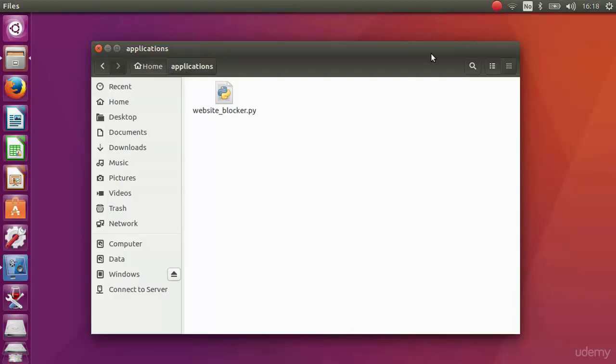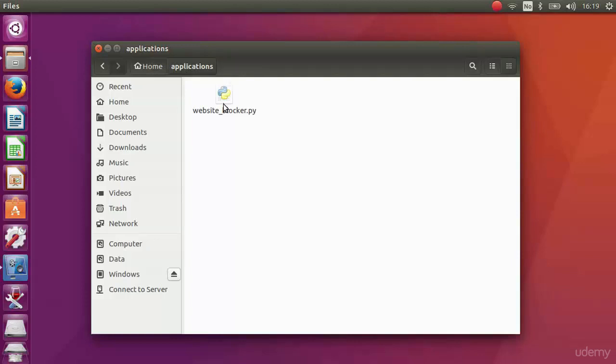So this lecture is for those who have a Linux or a Mac computer, because in this lecture I'll show you how to make our Python program run when the computer starts. And for that we'll be using the cron service. Now cron is available both on Linux and Mac, so you don't have to install anything. Probably you know how to use cron already, but if you don't, there are just a few instructions